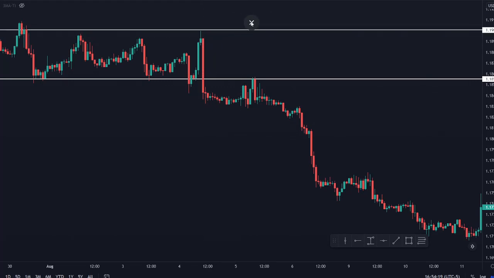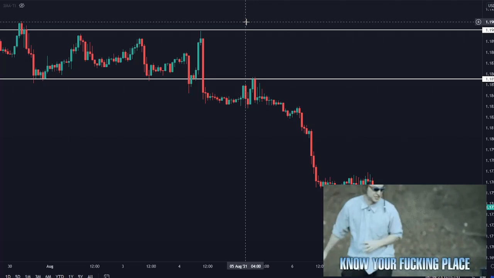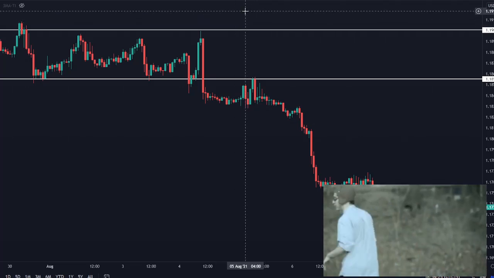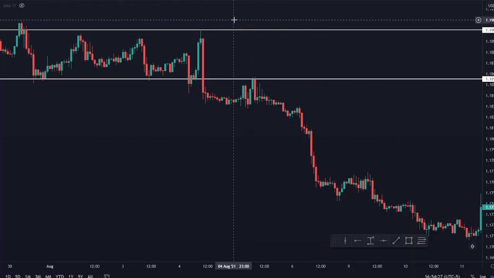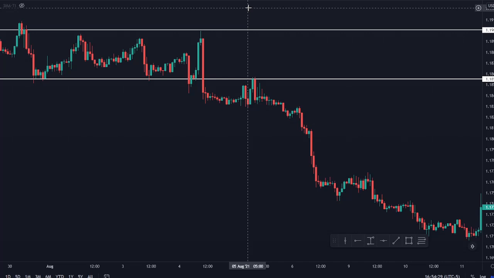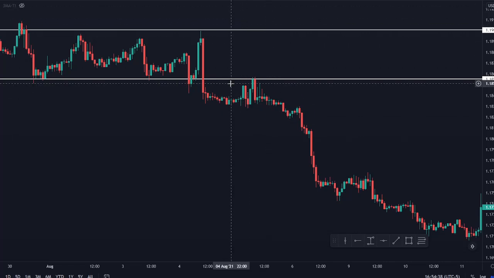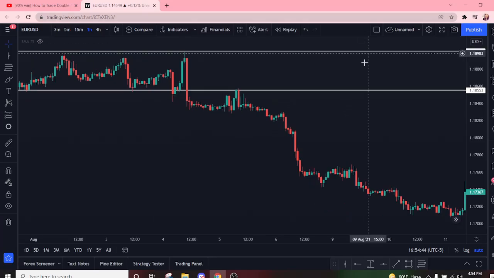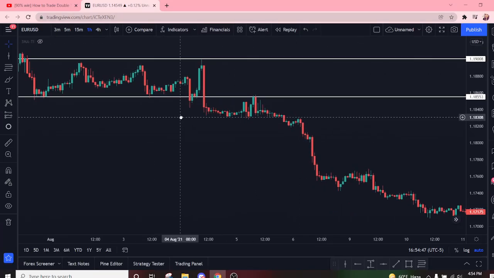So don't let one little loss be like, oh, forget it, I'm done. Oh, this strategy is terrible. It's gonna happen. You have to learn how to take losses. What's important is how you learn how to absorb a loss and move on and let it not affect your trading. Practicing a strategy and building your confidence in it will help you to learn how your strategy works and moves and the losses that happen. And it will help you build that confidence to be able to hold through a trade or absorb a loss